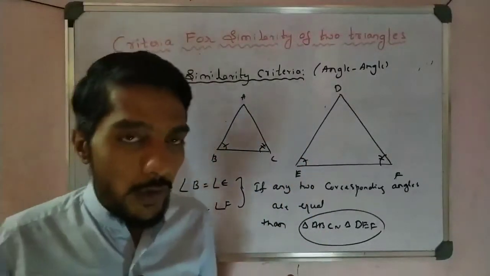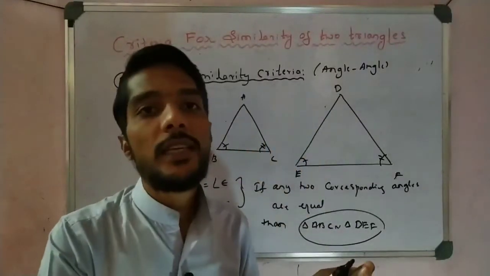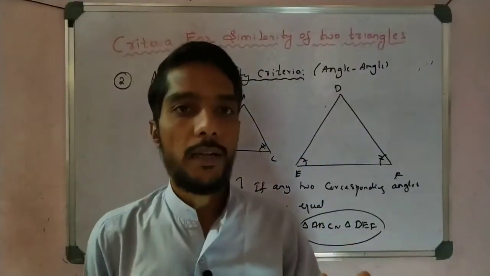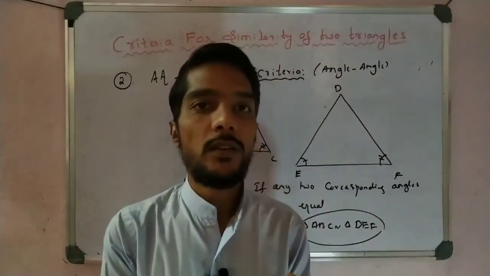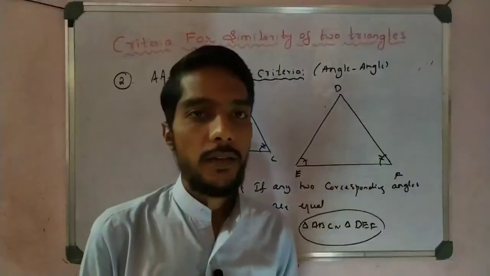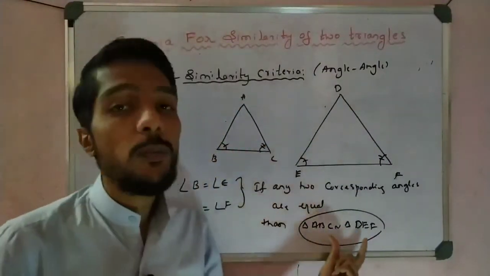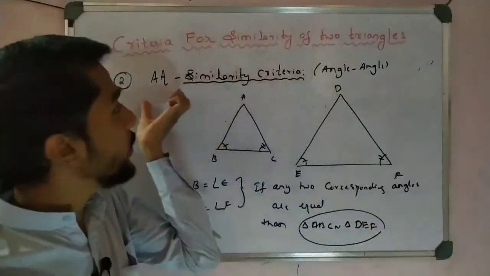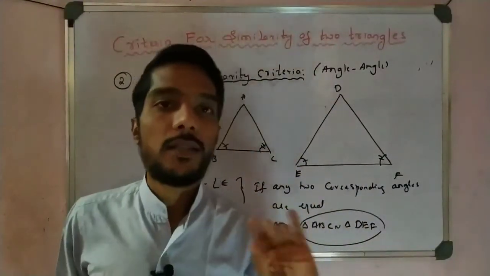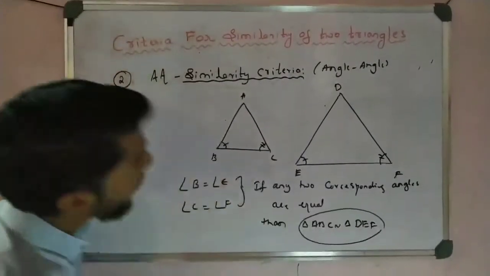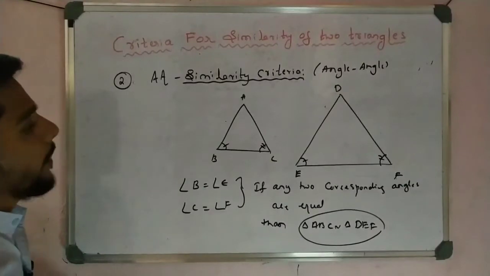So in the problems we are solving, if you get any two angles equal, that automatically says it is similar. If three angles are given, it is very good, AAA, we get similar. If you get only two angles equal, then also we can write similar. Why? Because of this criteria, only two angles are enough to say that the given triangles are similar. So this is the second point. Please pause the video and write this down.